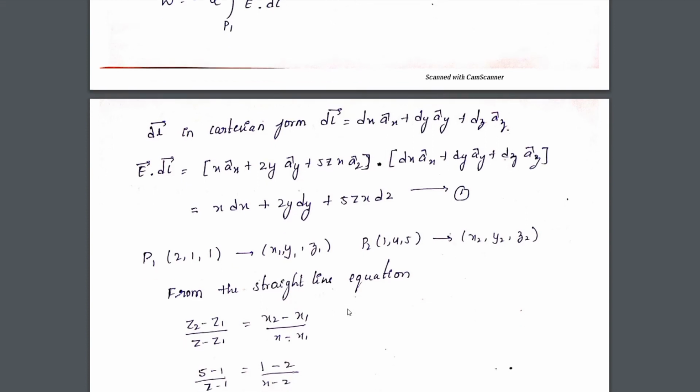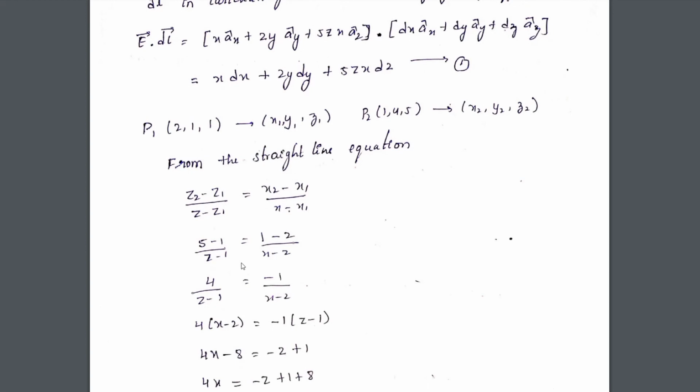That means none of the values are remaining constant. All are changing, which means you need to integrate all the 3 terms. Keep in mind here, if you observe the points, all the variables x, y, z are varying from some value to some value. So in equation 1, all the terms need to be integrated. So z and x cannot be integrated with dz.